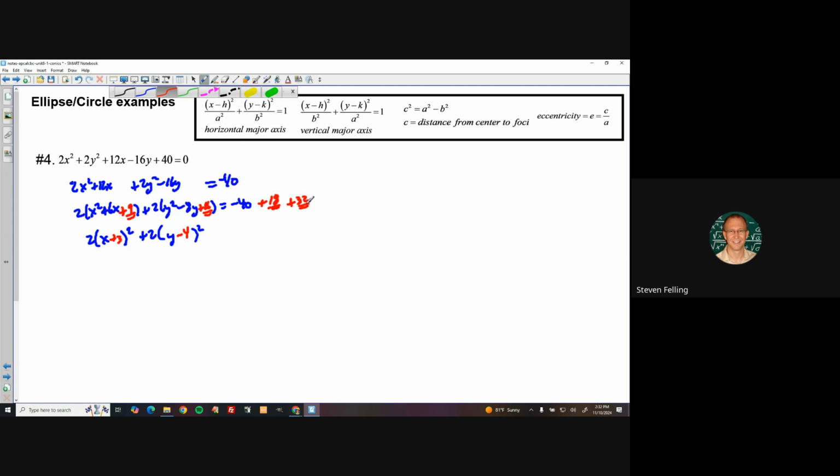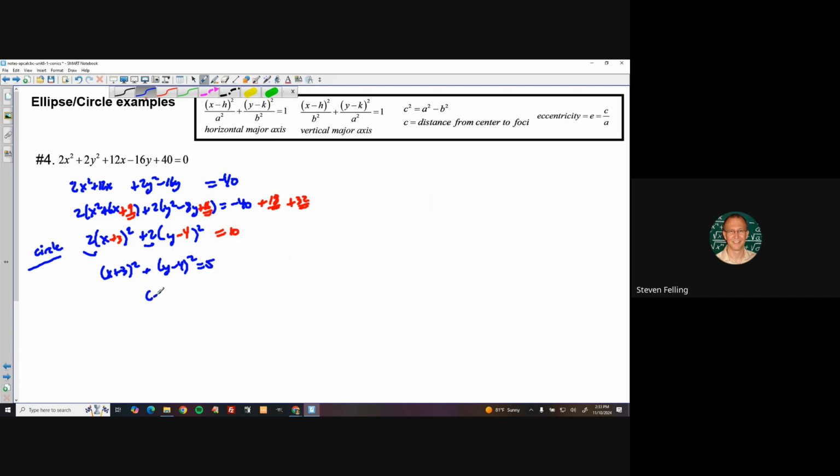And that turns out to be, make sure I don't get the wrong number here, 10, yeah. So now we have a new number on the right side, which is 10, right? Because this has the same number here and here, that means instead of dividing the 10 and making that 1, we know that this is actually the special case of an ellipse, which is a circle. So instead, we'll divide everything by 2, and we'll get x plus 3 squared plus y minus 4 squared equals